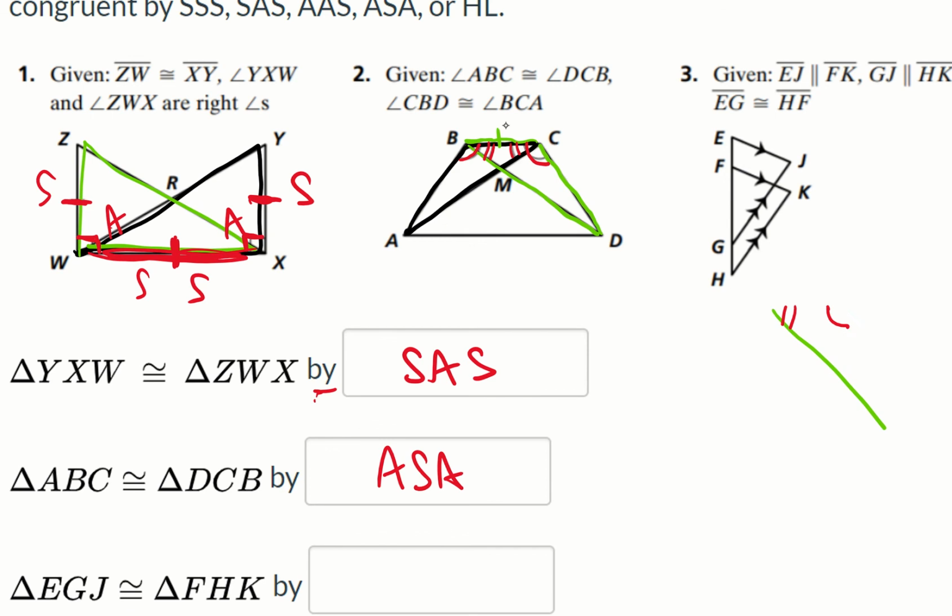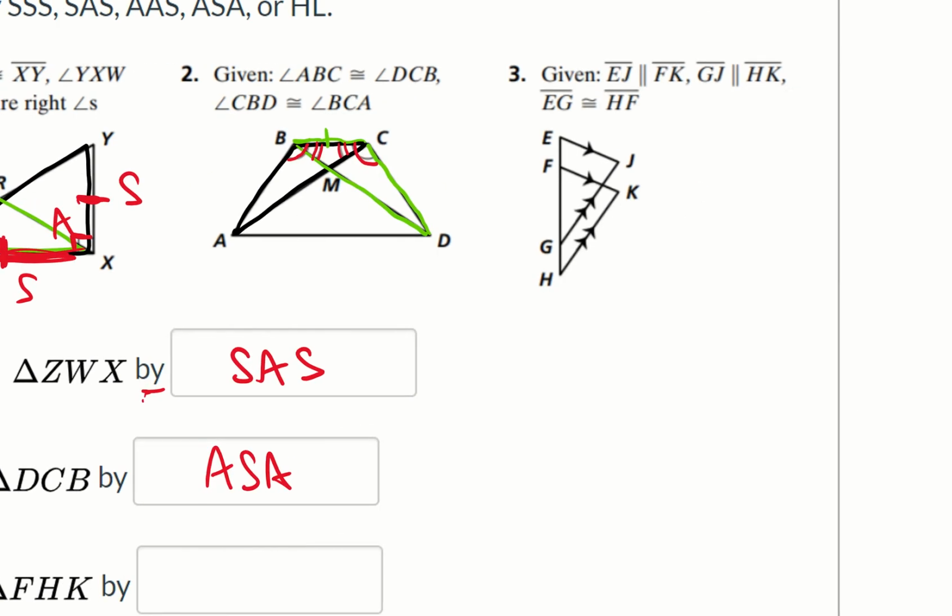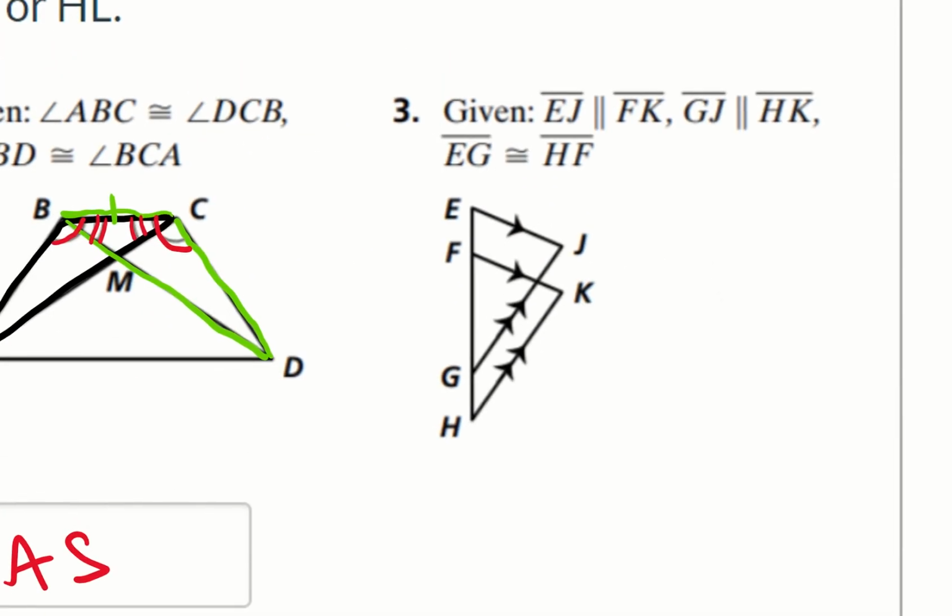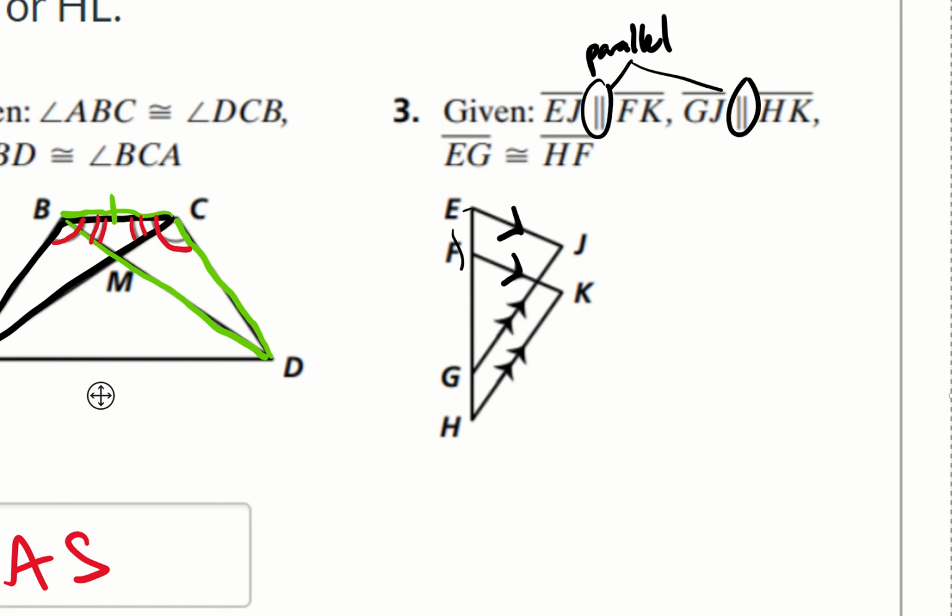Let me erase these triangles because we're going to need space for number 3. Okay, so for number 3, we're given that EJ is parallel. Remember that symbol means parallel, which is why they used the arrow here. So they're saying that this is parallel to that, okay? And then they said that EG is congruent to HF. So they're saying that this whole side is congruent to this whole side. Okay, so I'm going to put a tick mark